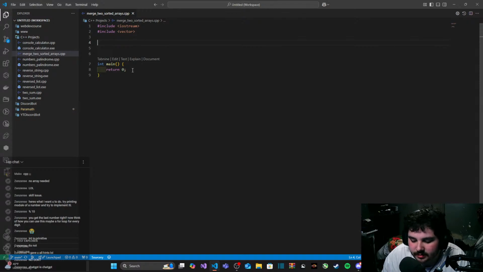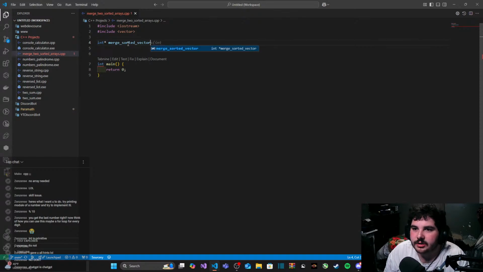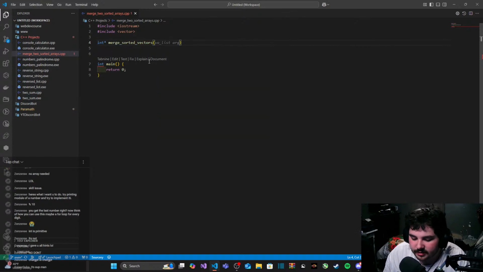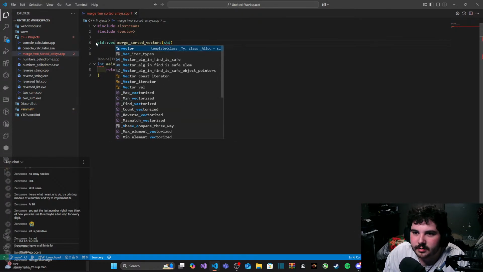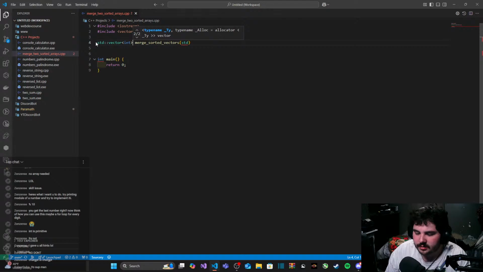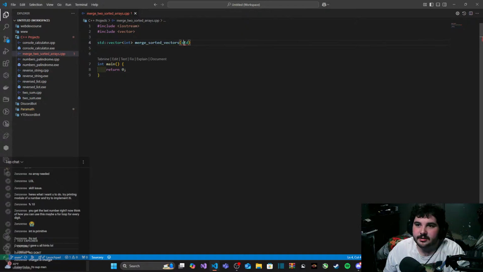Let's see. Sort two arrays. Merge sorted vectors. And then, almost screwed up there, guys. Woohoo!